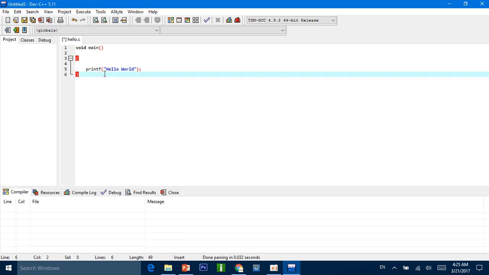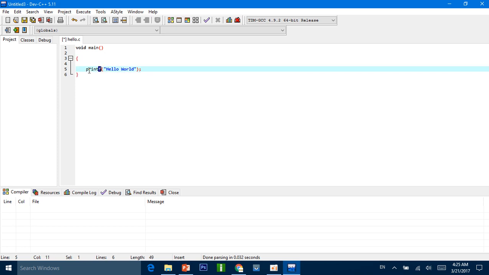We give it the name printf, f stands for formatted, and in between the parentheses, enclosed in double quotation marks, we type